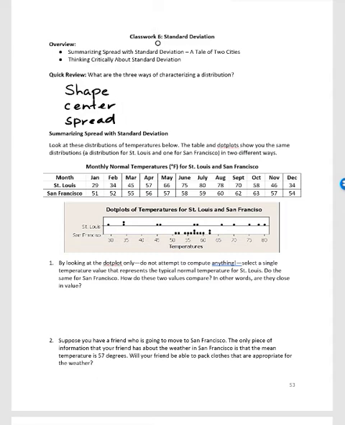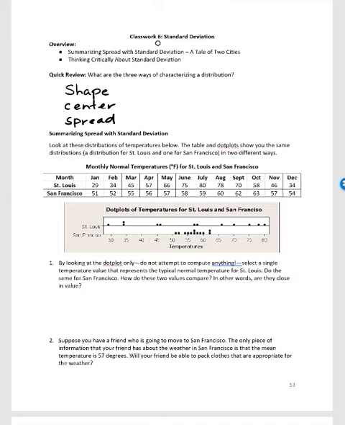So St. Louis, the temperatures are shown on the top part of the dot plot. San Francisco, the temperatures are represented on the bottom part of the dot plot. So take a moment, pause, review in your workbook, just observe. And then by looking at the dot plot only, so without getting a calculator out, without calculating anything, what I want you to do is just by eyeballing, just by looking at that dot plot, try to select a single